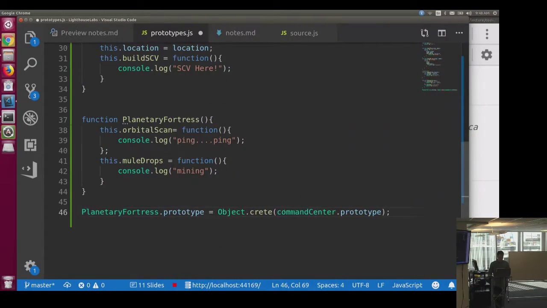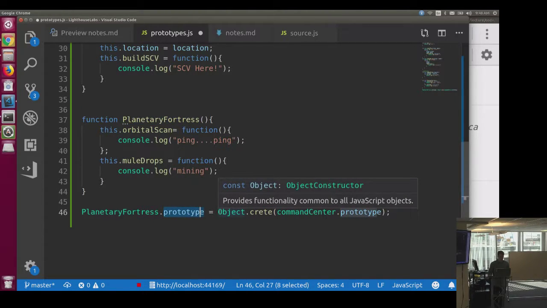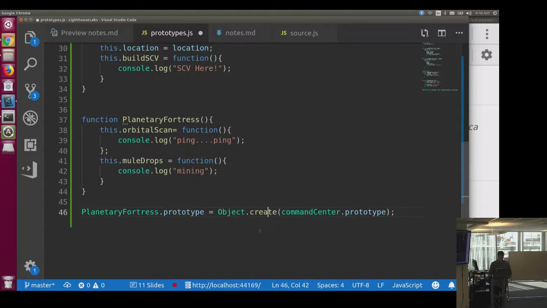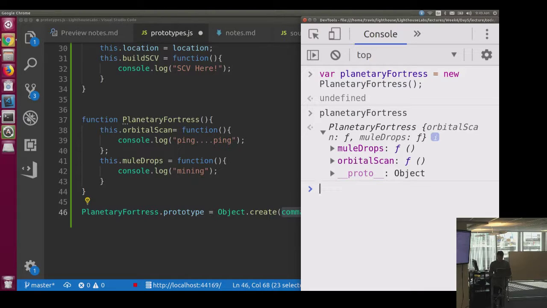So all I'm saying here is this constructor has a prototype by default. I want to take that prototype and I want to reassign it. I'm using object.create. So I'm creating a new object, and object create takes one parameter, and that is a prototype of the type of object that you want to create. So I'm saying change the current planetary fortress prototype to a command center object. So before we do this, we can actually also go